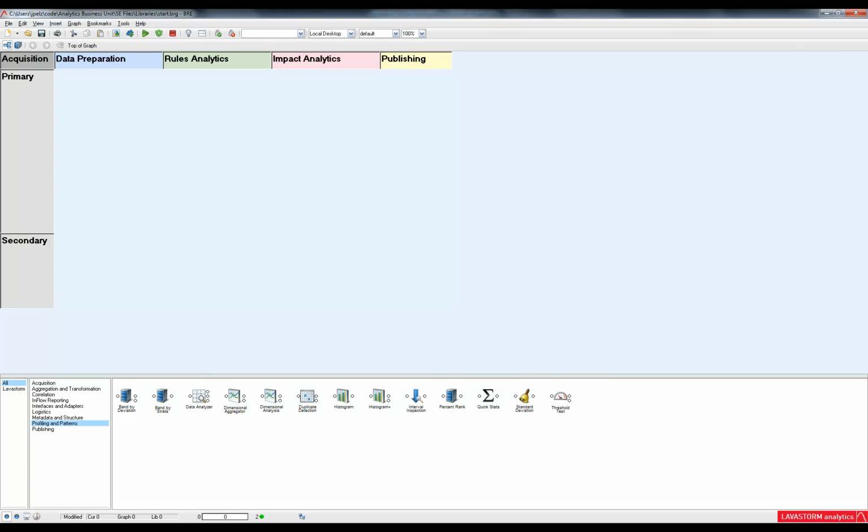I'm now going to walk you through the blank slate demo scenario, where we'll basically build a model from the ground up to really illustrate the agile and iterative, think-as-you-work approach the LavaStorm Analytics engine enables. So in this particular scenario, I'm a business analyst, and my boss just walked over to my desk and asked